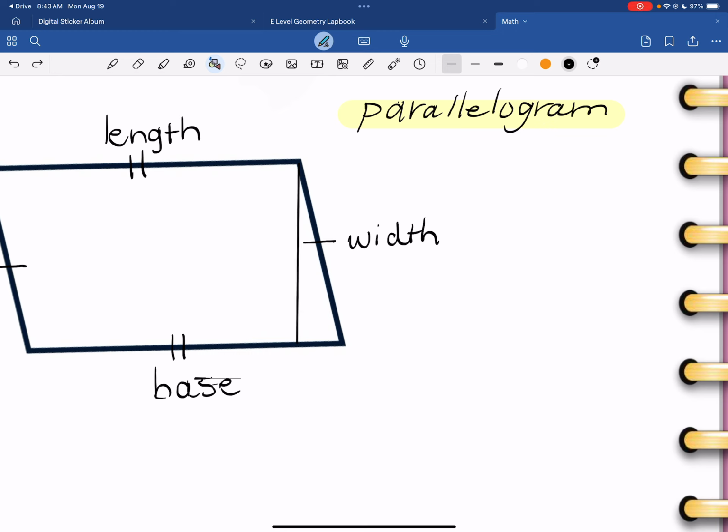And remember, it's not really there, so I'm going to make it be a dashed line. It's just there for reference. This is the height of the parallelogram. And if you notice, there's one of those 90-degree angles in there. The height of the parallelogram,